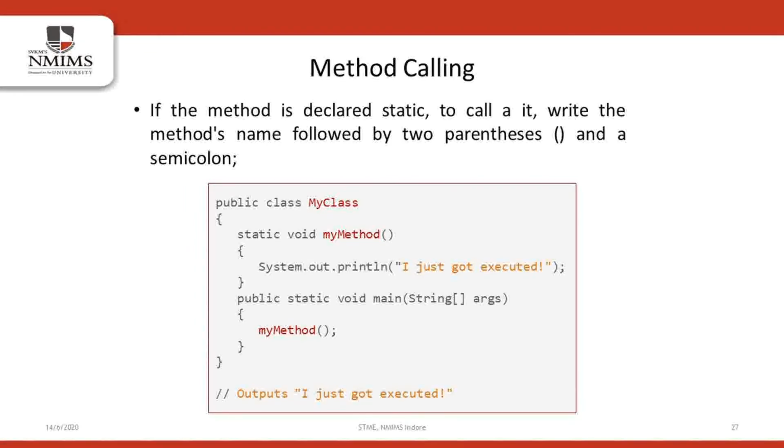As you can see here, in this class, my method is the static method. And here, in the main method, we are just calling it by using parenthesis and semicolon. We are not using any kind of object to call it. Please remember that whenever the method is declared as static, we don't have to declare or call any kind of object to it. Okay, so this is what static method was.